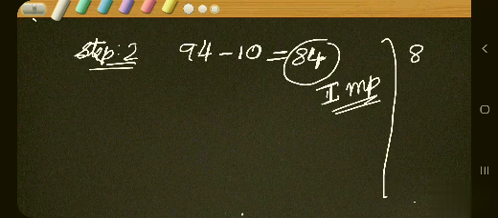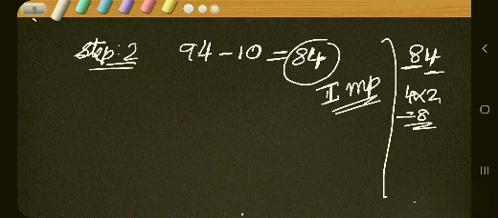Our given number is 84 and we have to check whether 84 is divisible by 7 or not. For that, the same steps. Find out the last digit in 84, which is 4. In the first step, 4 2s are 8. So we got 8, and the number formed by the rest of the digits is also 8 here, isn't it? Except for one digit, 8 only remains here.